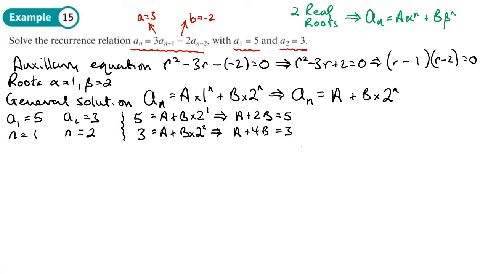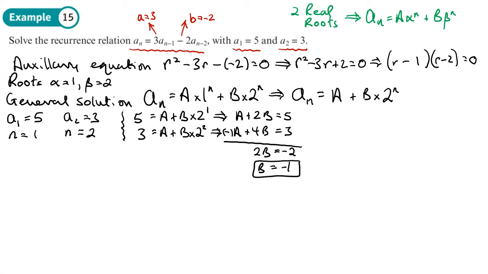Now we'll solve these simultaneously, and I've got them nicely written one above the other, so we'll subtract. So maybe if I do the bottom equation minus the top one, so a minus a, 0, 4b minus 2b is just 2b, and then 3 minus 5, well that's going to be -2, so that will give me b equals -1,